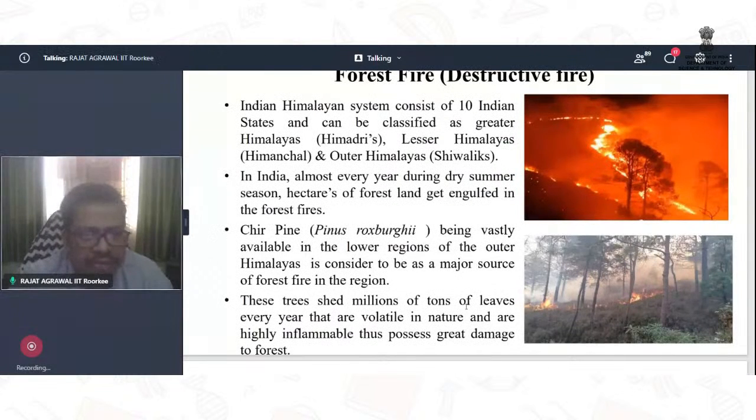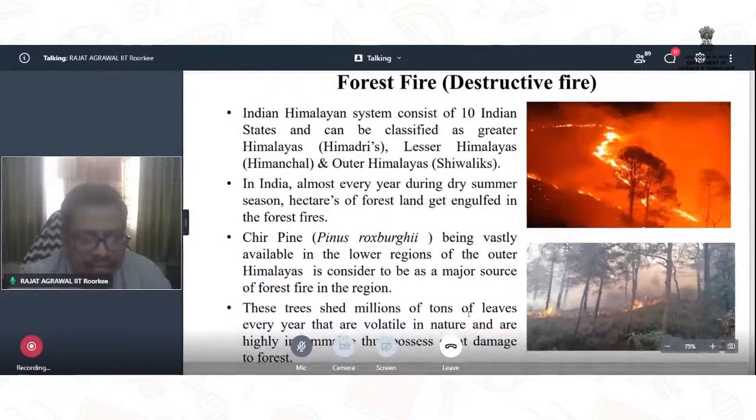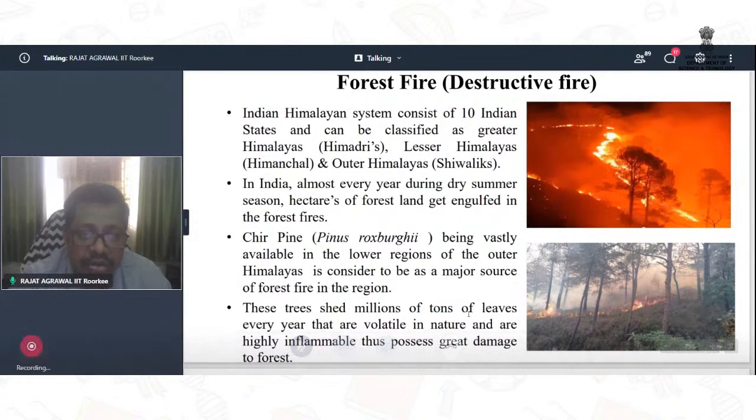These pictures show you the destructive fire in Uttarakhand, and it is one of the biggest problems we face every year. The tourist season is in the summers, and most of the fire takes place in the summer, so it affects our tourist-based economy also, because Uttarakhand is largely a tourist-based economy. So we took this problem as a challenge, and most of you may know that Uttarakhand and Himachal are full of